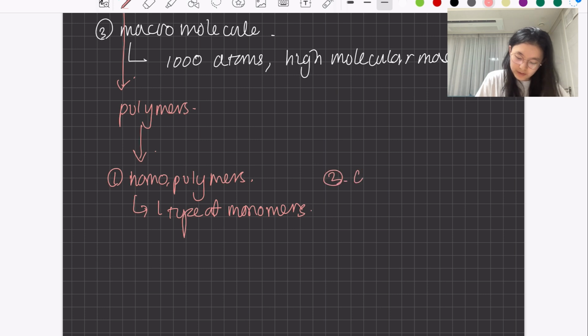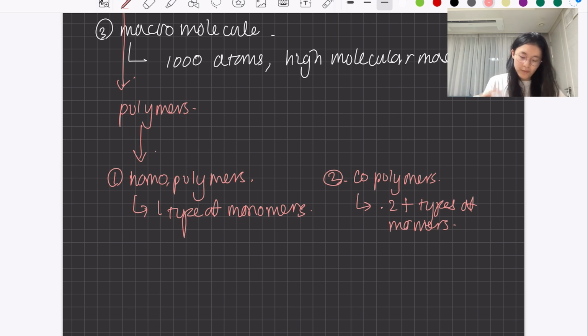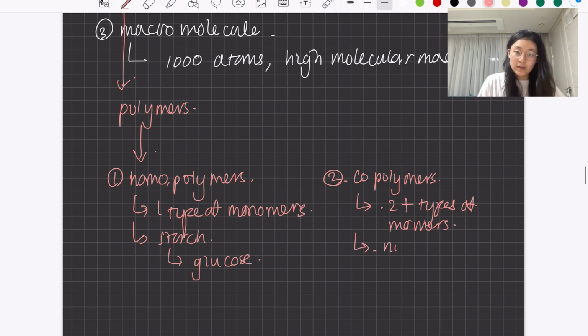However, we can have something else called copolymers, and copolymers have two or more different types of monomers. If I had to give an example for both of them, for homopolymers, I would say that starch is an example of a homopolymer because it's only composed of glucose molecules. An example of a copolymer would be nylon, because nylon has